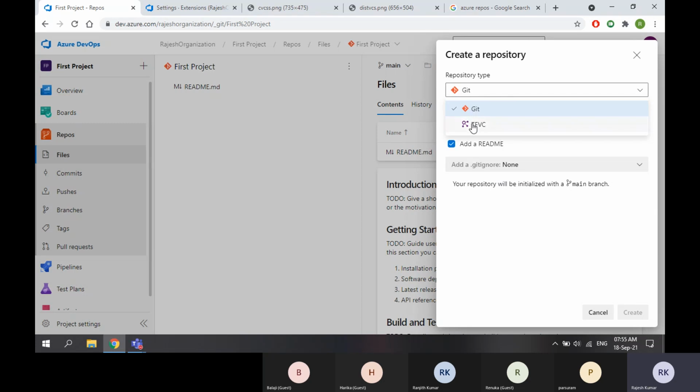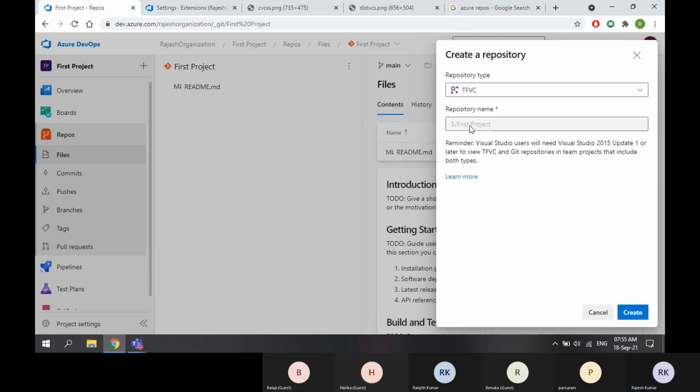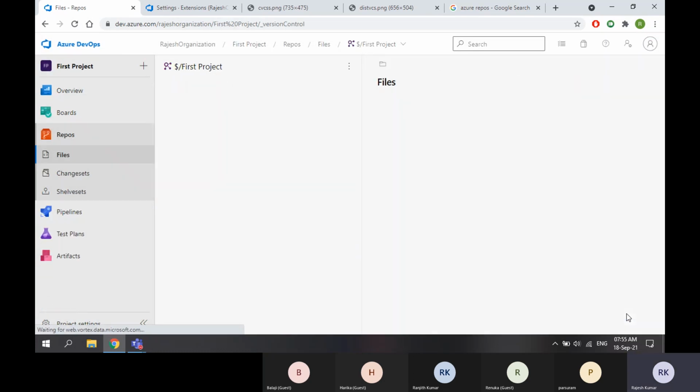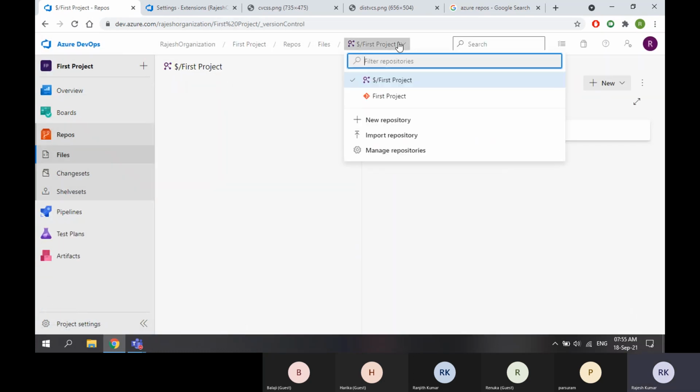So even by logos, they are differentiating both the systems. What is Git? What is TFVC? Now I can go for TFVC. Okay, if I go for create, yeah. Now I have two. One is Git, one is TFVC.